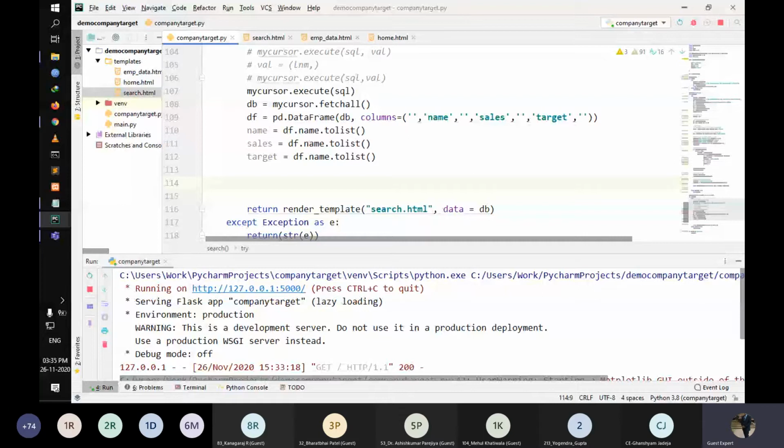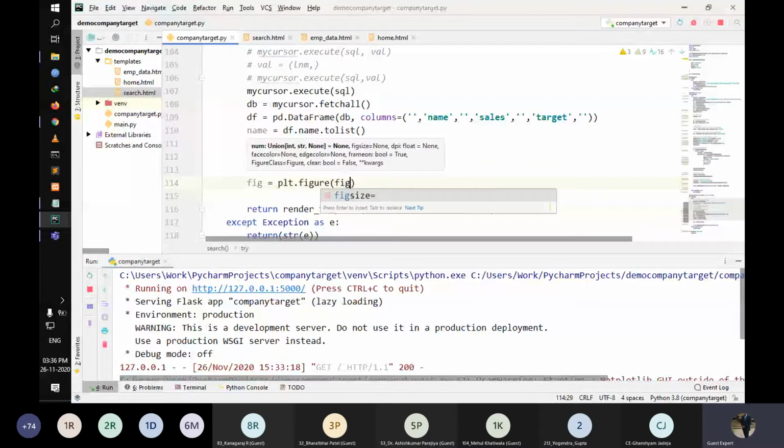And we are going to plot this into another variable. We'll create a figure for this, and then after we plot the data. So it's basically the same code as we did previously.